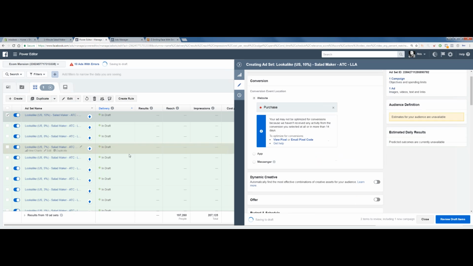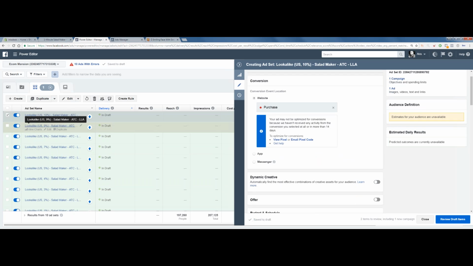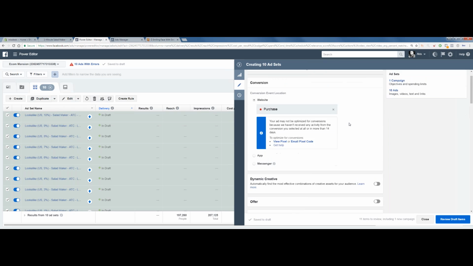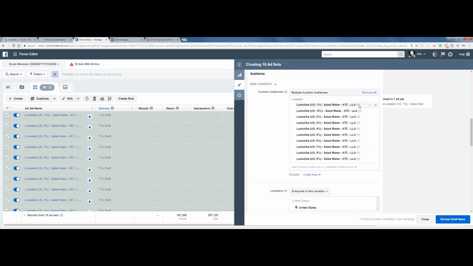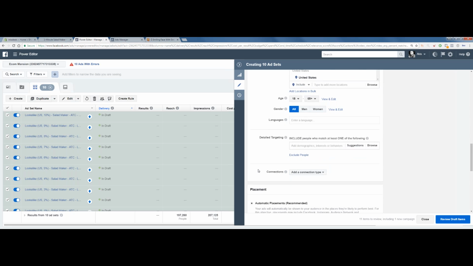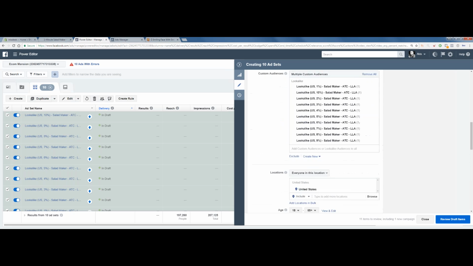Whew, okay, we're done with that. So 1, 2, 3, 4, 5, 6, 7, 8, 9, 10. Just going to choose them all just to confirm that each one is unique. So mixed values, okay. $10 each, 7 a.m., great. Here's all the ad sets selected. There's a bracket and 1, meaning that there's 1 in each one. That's perfect. US, perfect. This, we don't mind. 1 click, perfect.